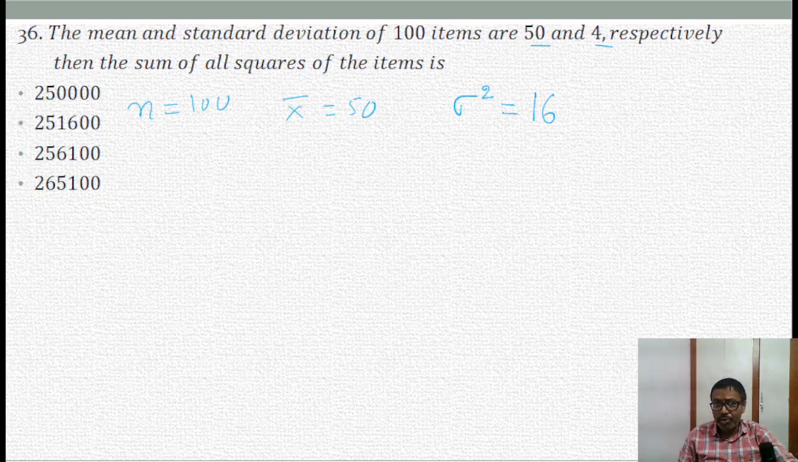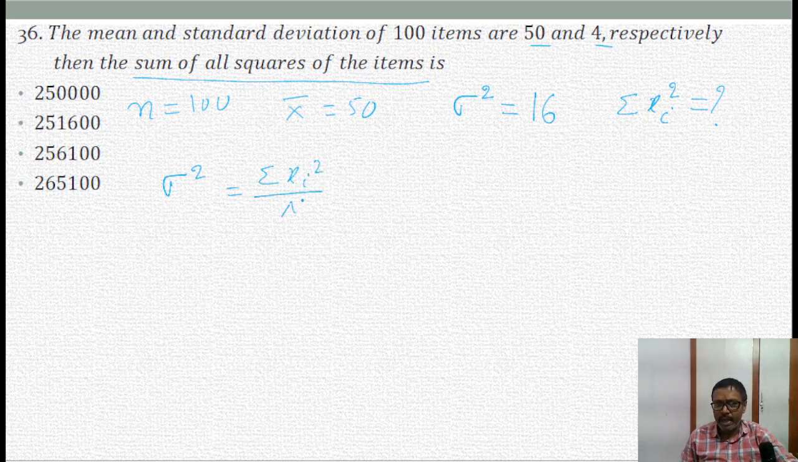So we have this formula. What do you need to find? Sum of squares of all the items. That means they are asking sigma xi square, sum of squares of all the items. So what is the formula? We have the variance formula. Variance is equal to summation of xi square divided by n minus mean whole square. We know every value. This is also a straightforward question. Substitute the values here. 16 is equal to summation of xi square divided by n, which is 100, minus x bar, which is 50. 50 square will be